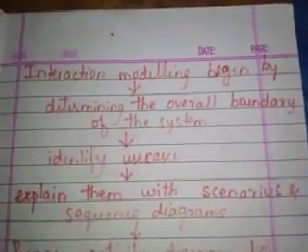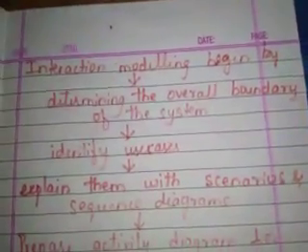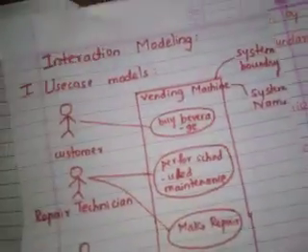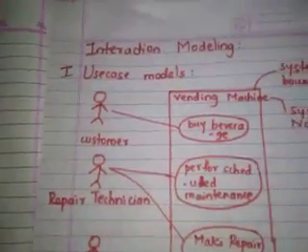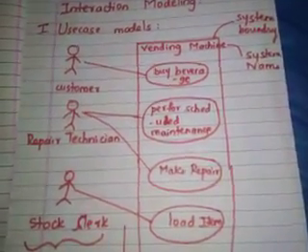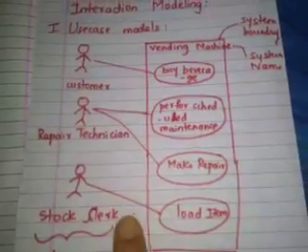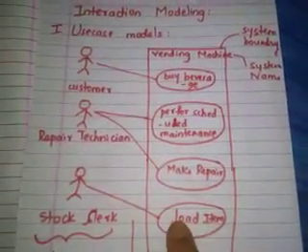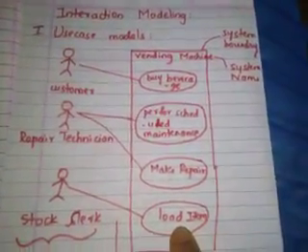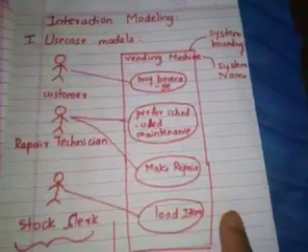The boundary of the system gives us a restriction saying which functionalities fall inside our system and which are omitted. If we refer to the previous videos in which I explained drawing the use case model of a vending machine, there we had a system boundary. We explained what things fall inside the system and what is outside. Whatever we include in our boundary should be given as a functionality of that particular system, and those which are omitted will not be included.